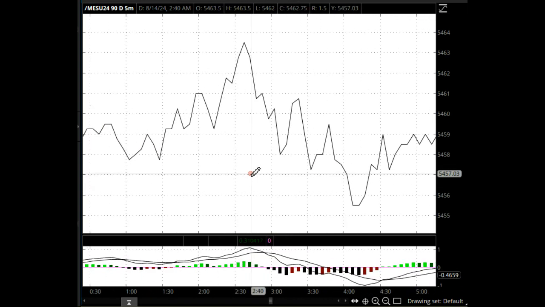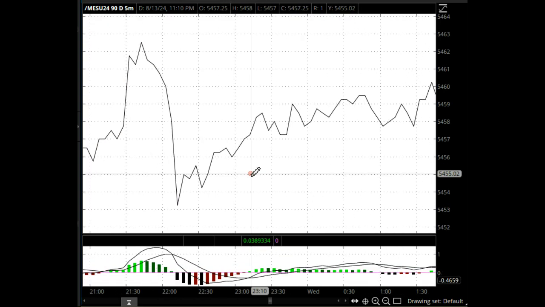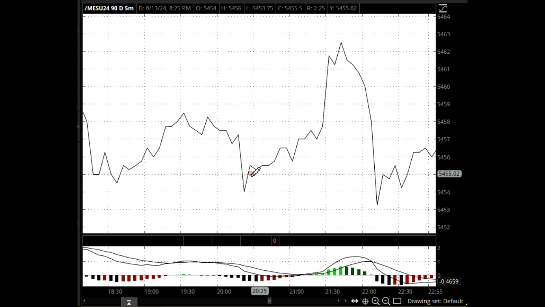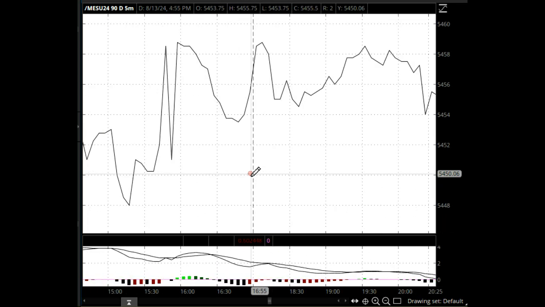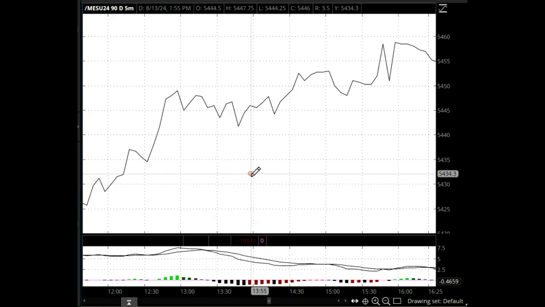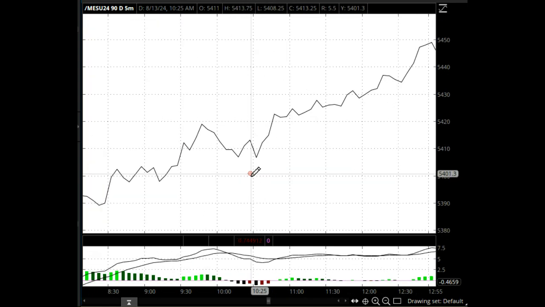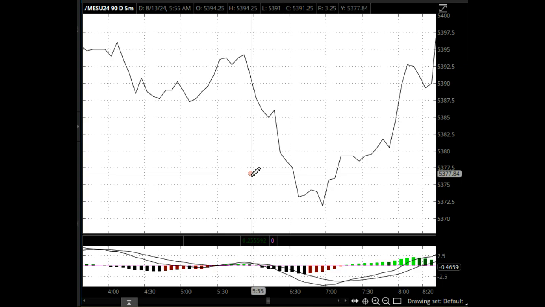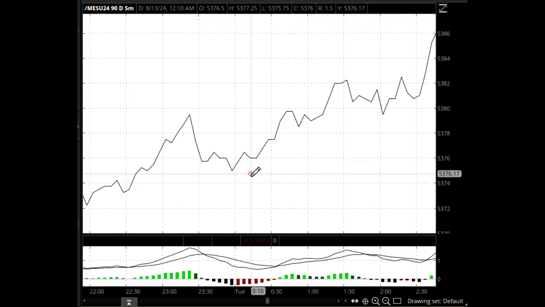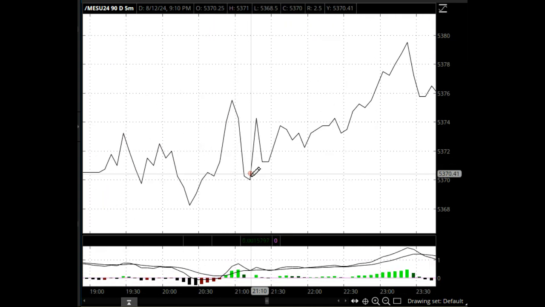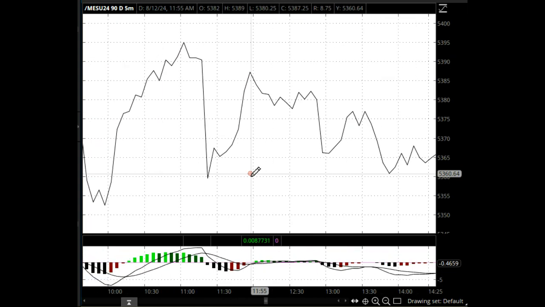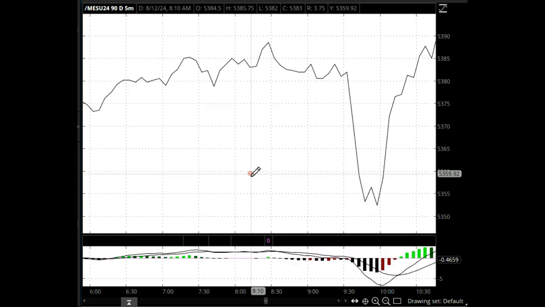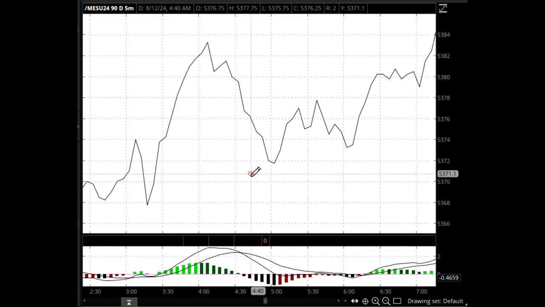Let me find another fractal here. Again, another important part is you have to remember that the fractals only produce a turn, whether minor or major. It's all a question of probability because another fractal is occurring on another time frame, and that's why you have to watch the fractals and move that stop up and down. During the open, it's kind of crazy. You need a little room